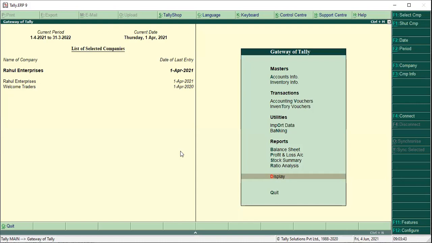Before making payment of taxes, you have to make some adjustment. That adjustment is called statutory adjustment. You have to make an adjustment entry. That adjustment entry we will do in journal voucher. Now we'll go for the journal voucher. Before making payment of taxes, first you have to make the adjustment entry.